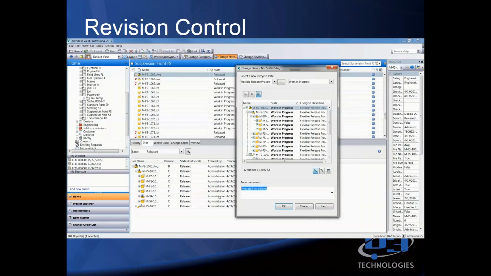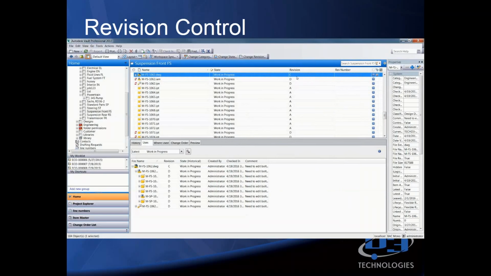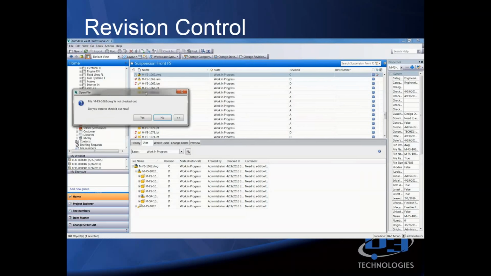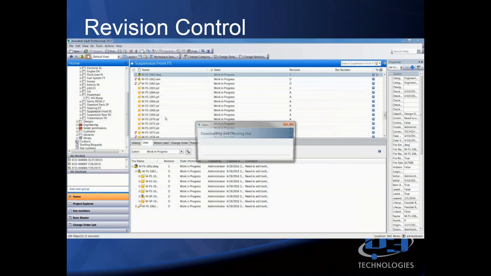released. So now if I go back to work in progress, I need to make a comment on that drawing. Something's not right. I'm going to pull it out of production. The minute I do that and I take it back to work in progress, it makes it editable, but it bumped the revision to C, from B to C. So when I open this drawing and I check it out,